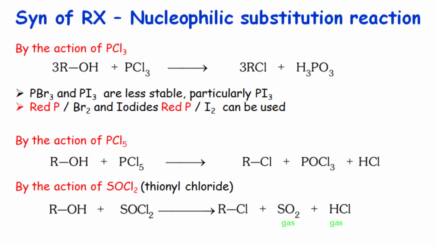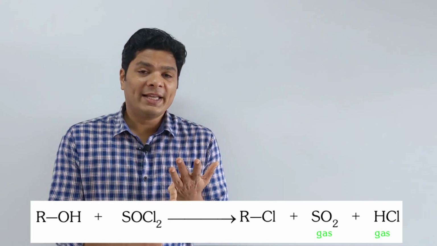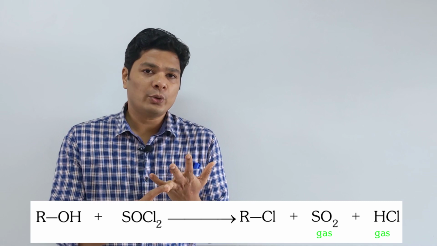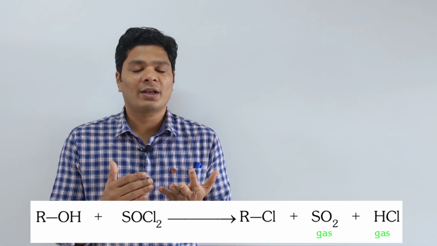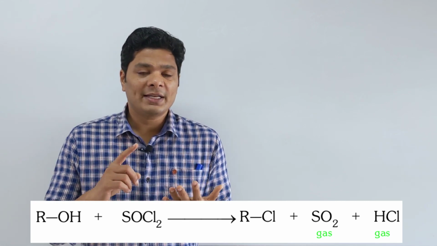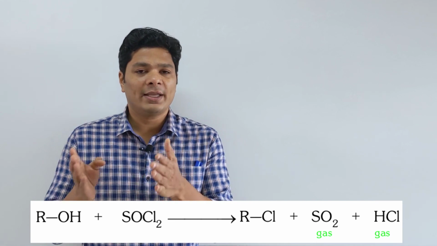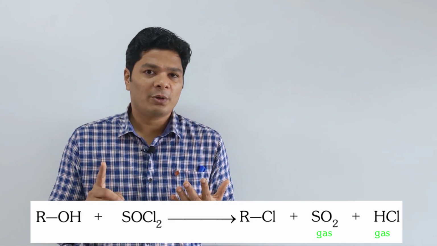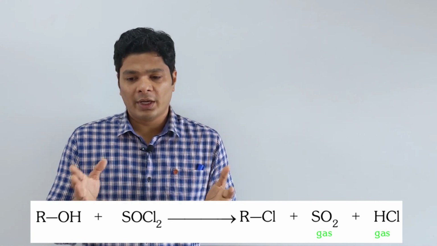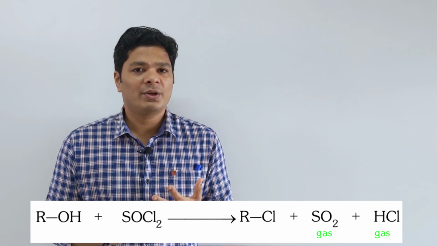But the most important reaction here is actually with your SOCl2, thionyl chloride, because the corresponding products formed are your alkyl halide plus SO2 plus HX. Why this is important is your alkyl halide is a liquid, whereas your SO2 and HCl are gases. So these two are gas phase products, so they can be easily removed from your corresponding alkyl halide, so you get a pure halide. It's an important reaction. It comes many times in NEET, in A gives you B, B gives you D, C gives you D type of reactions. And SOCl2 has only one purpose that you're going to see in your curriculum. It's only as a chlorinating agent. So it is extremely straightforward.